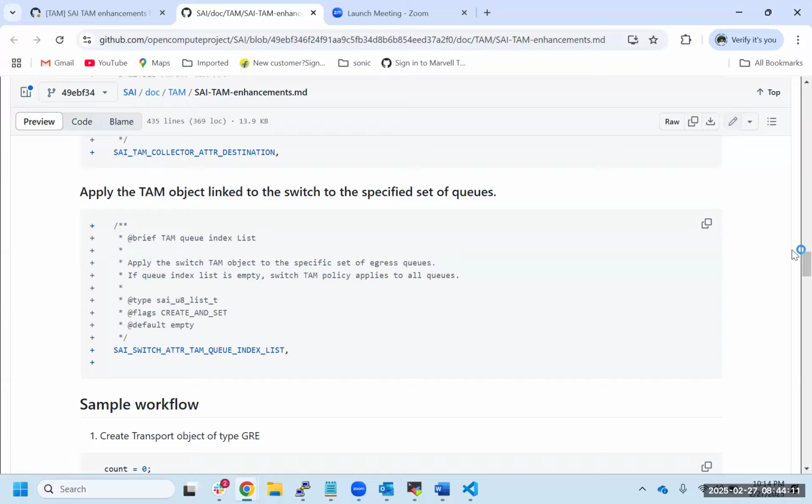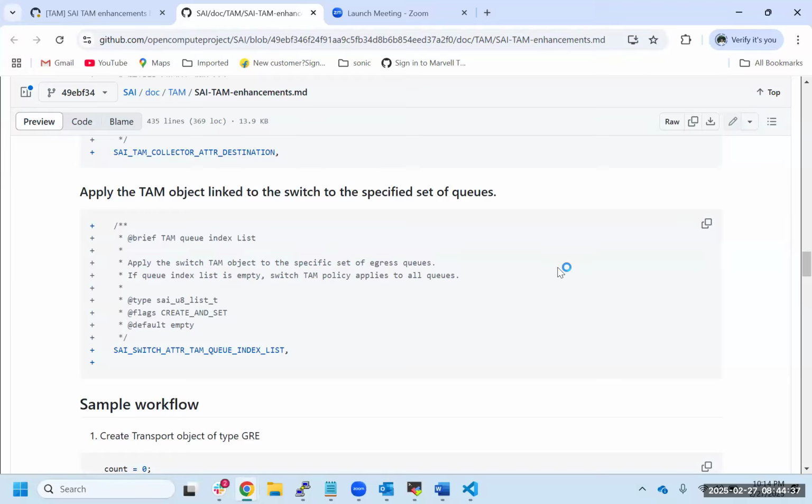But I think it's a little bit, it's looking inefficient. Okay. Basically your argument is that you have a requirement where all the queues on the port need to be enabled as a one shot, as a bulk update.